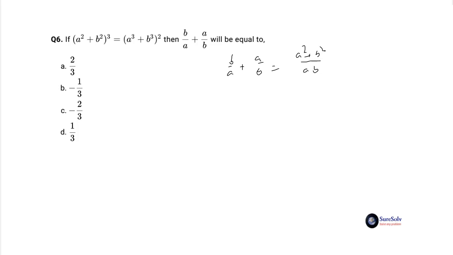When we examine the expansions of the given expressions, you can see that a to the power 6 and b to the power 6 appear on both sides of the equation and cancel each other. From the rest of the terms, we should be able to evaluate the direct expression. Expanding the two sides of the given equation, a to the power 6 plus b to the power 6 plus 3a square b square multiplied by (a square plus b square) equal to a to the power 6 plus b to the power 6 plus 2a cube b cube.